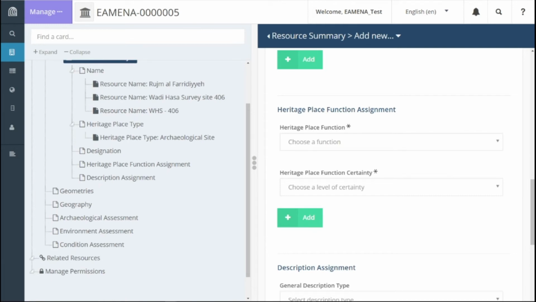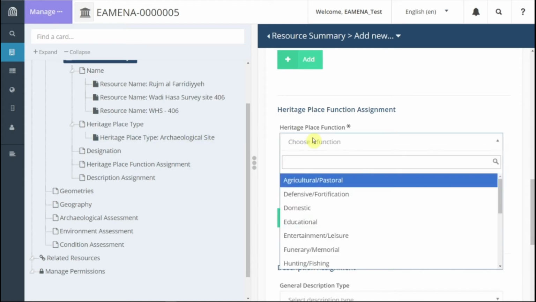In this field, you will enter the overall function or functions of the site and how certain you are that that function is applicable to the site. Click on the Heritage Place function field and choose from the drop-down list.